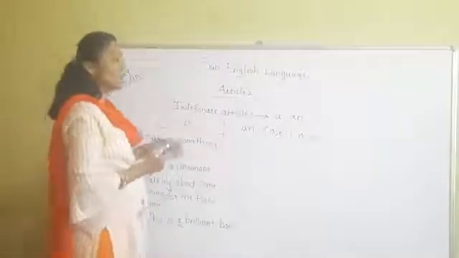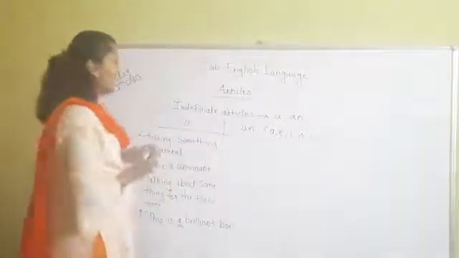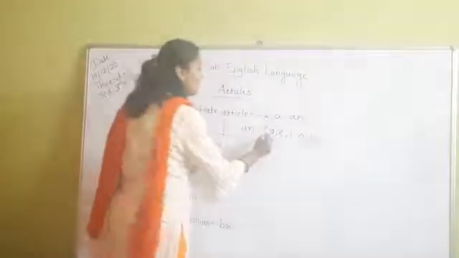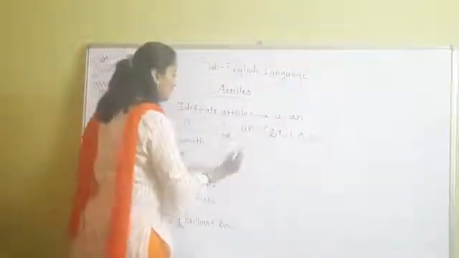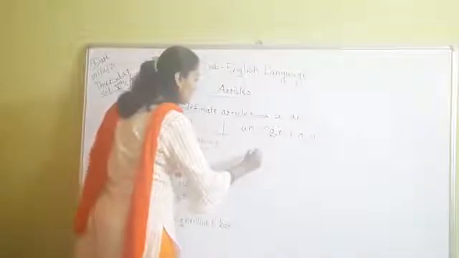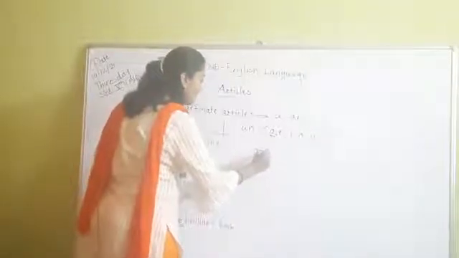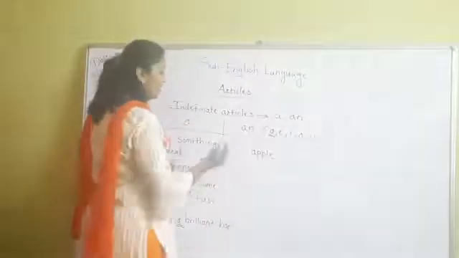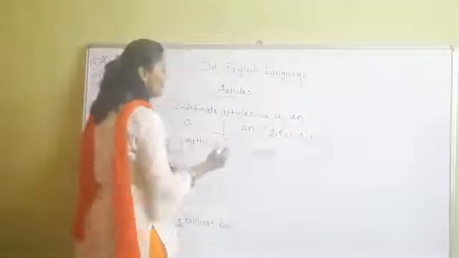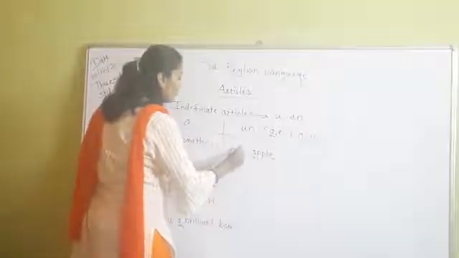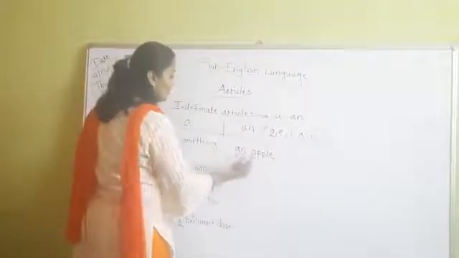Now see, one by one we are going to see. First take this A. When the spelling starts with A, for example apple, A is a vowel here, we have to use an before that